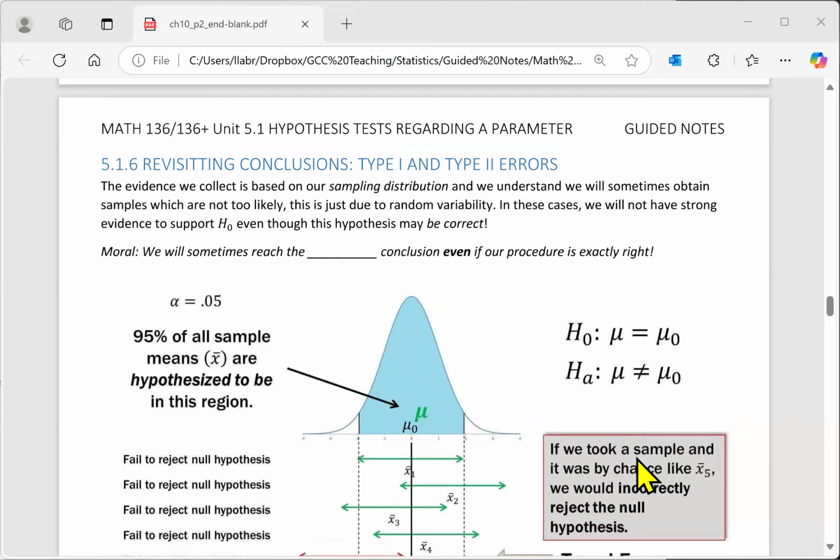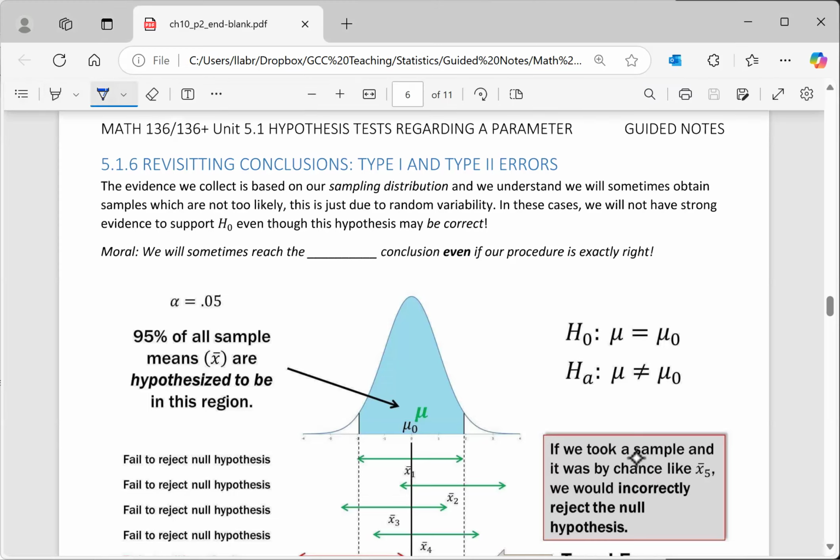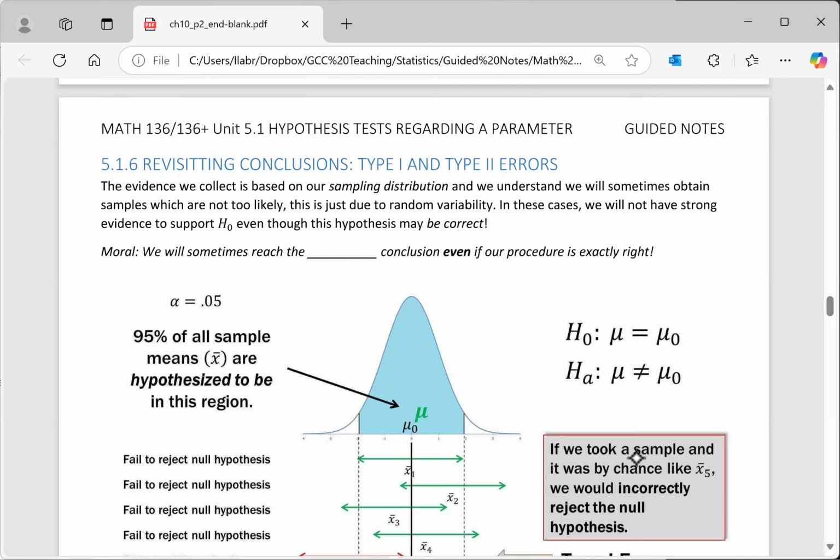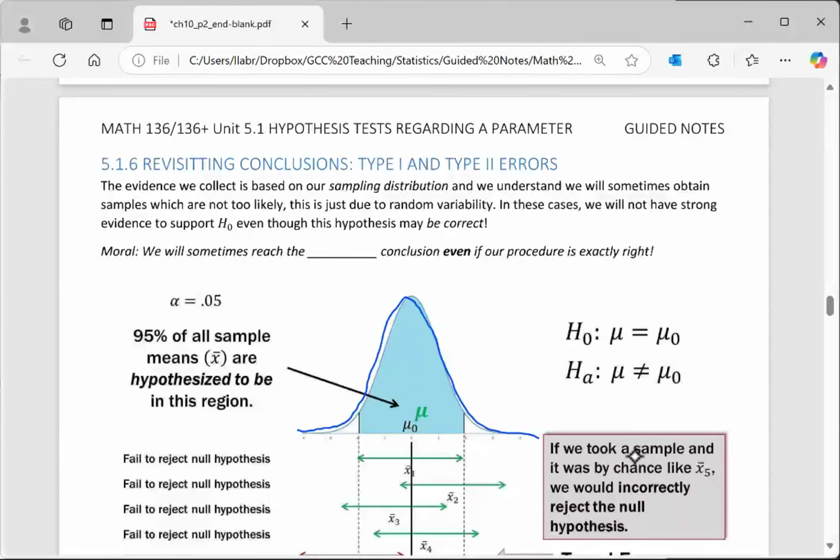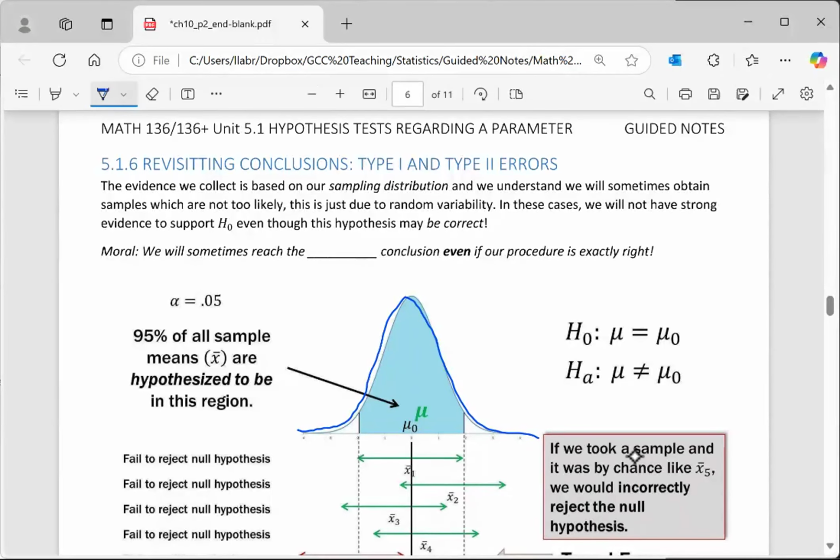subtlety in hypothesis testing. So just based off of the reading here, we can see that the evidence we collect is based on our sampling distribution. So the evidence we know is simply taking a sample. When we take a sample, we're going to assume that we have the sampling distribution. So we know that the samples behave according to this curve right here, the sampling distribution. When I take a single sample,